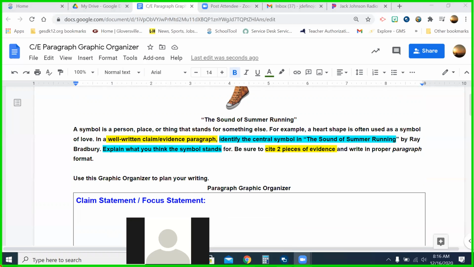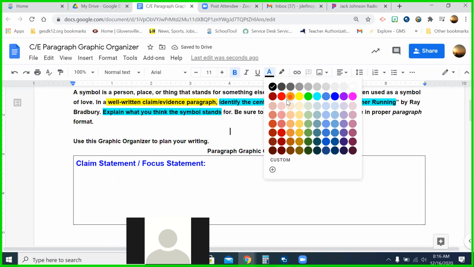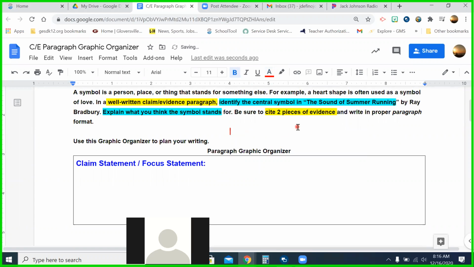There's a couple of things that they could stand for. So pick something that you can prove easily with the text. What's one idea that they stand for? Okay, they might stand for freedom. You know what I'm going to do? On my copy, you don't have to do this on your copy, but on my copy, I'm going to just make a list of different things that this could stand for. Okay, so one could be freedom. What's another one?